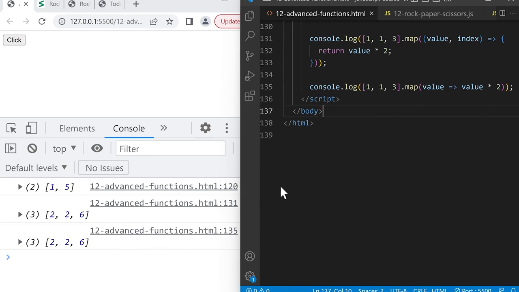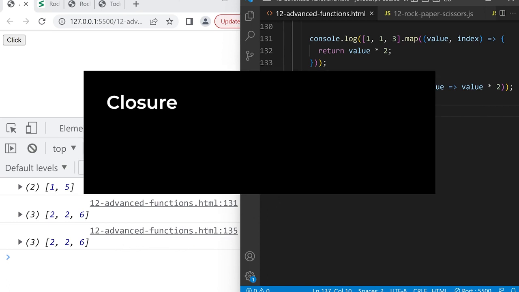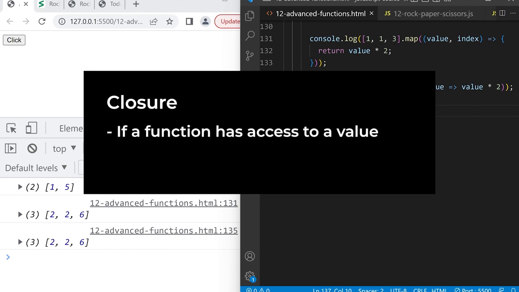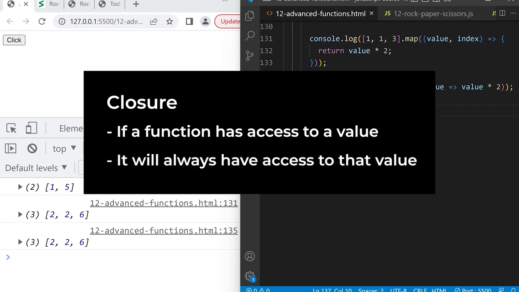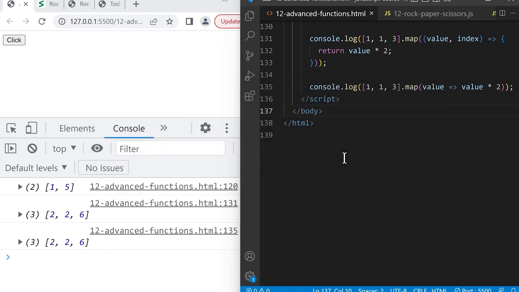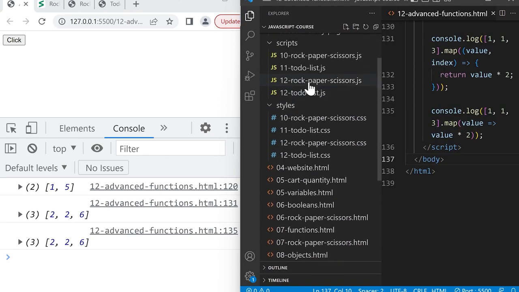The last thing we're going to learn in this lesson is a feature of functions called a closure. A closure means if a function has access to a value, it will always have access to that value. So let's take a look at an example. We're going to go back to the to-do list project. So we'll click up here and then scroll up to